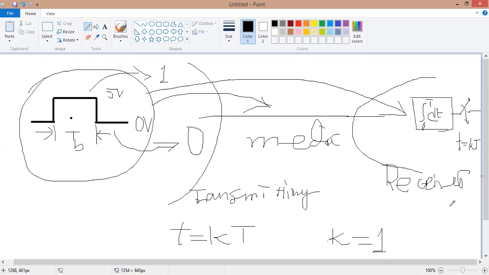Ultimately, what can be received at this particular section? We can receive y, or yk better to say, at the kth interval, where yk is equal to h times xk. Here xk is the transmitted signal, and h is the amount of attenuation. Don't think it is simply the gain, right? Because if it is the gain, g,